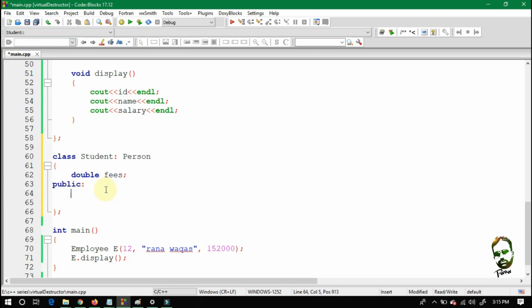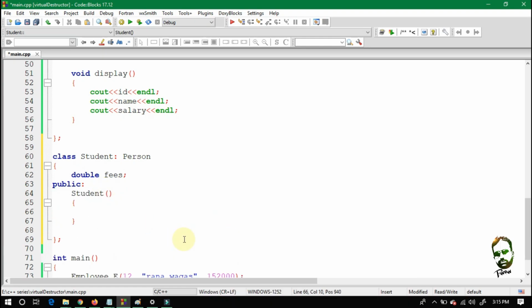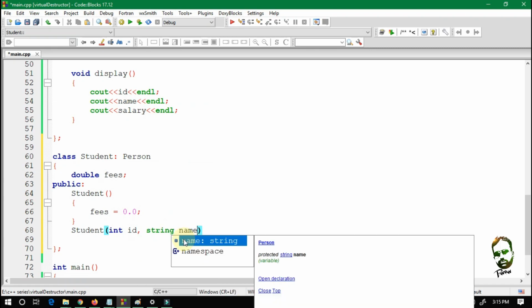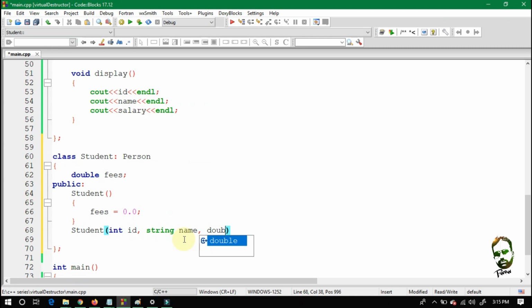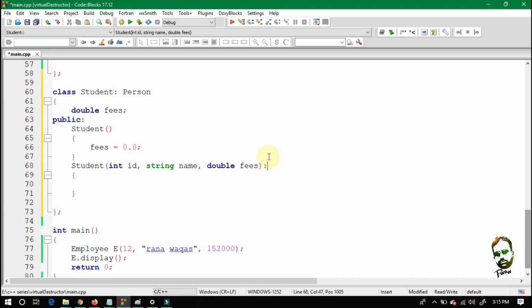Just declare the default constructor of student, in which you will store 0.0 into this fees, and declare an overloaded constructor in which there will be three parameters: int id, string name, and double fees. Use the base initializing list here; to use it you put a colon at the end of the header of the overloaded constructor of the child class.